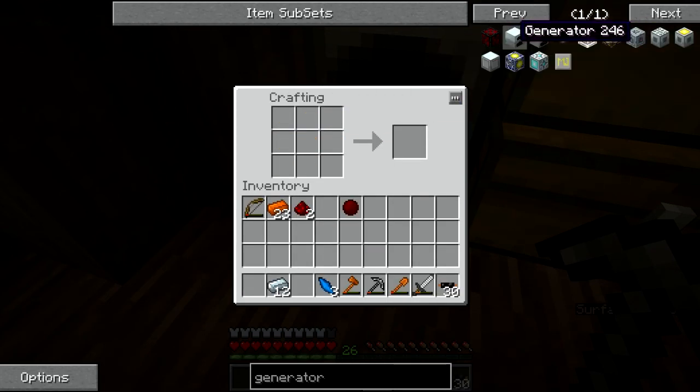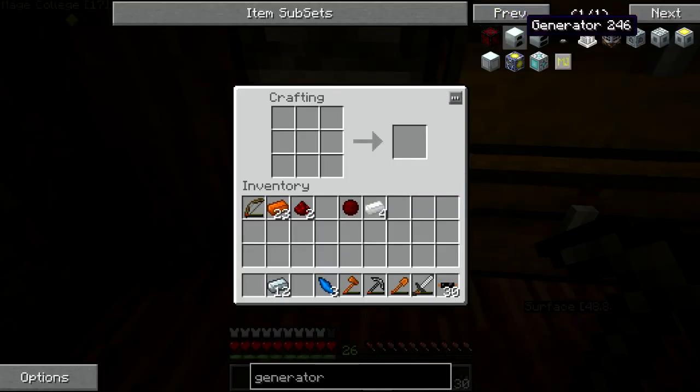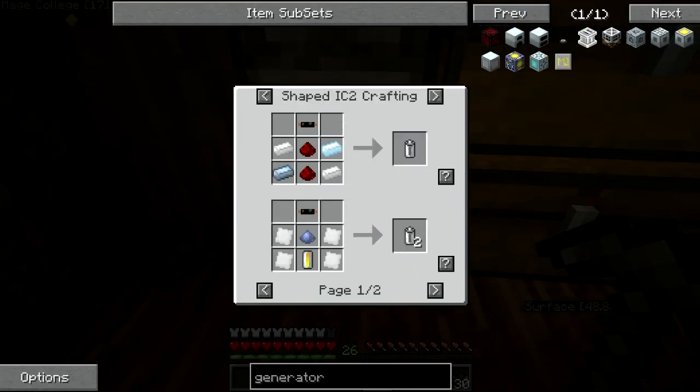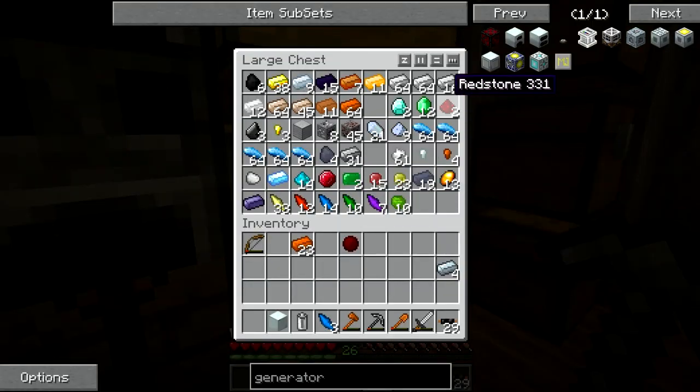There we go. Let's make ourselves some batteries. In this case, just one, because that's all I'm going to need for the system. Make ourselves a machine block. And